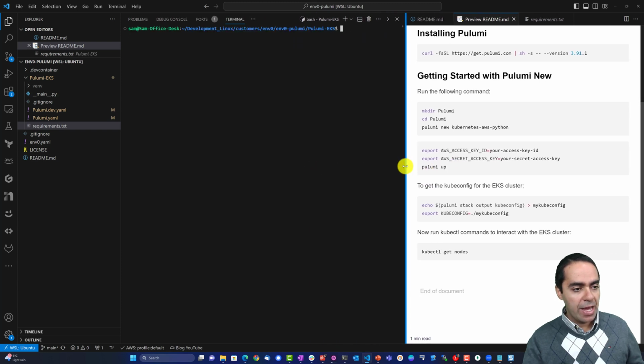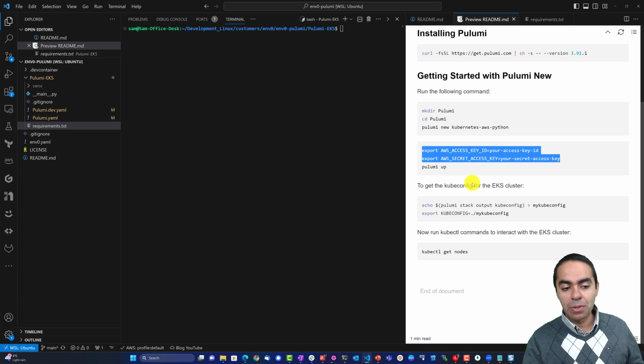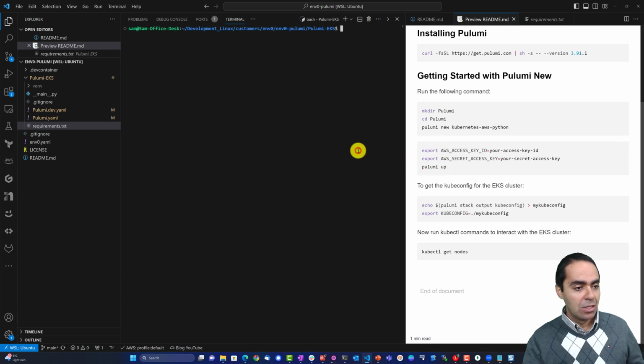Now, I already have my AWS credentials in my AWS config or credentials file on my machine. If you don't, you can just run these two commands to export your AWS access key ID and secret access key as environment variables, and you're good to go. So all we need to do here is run pulumi up,